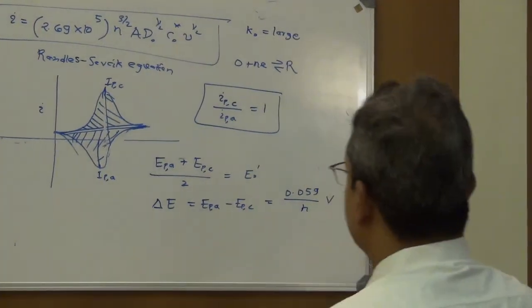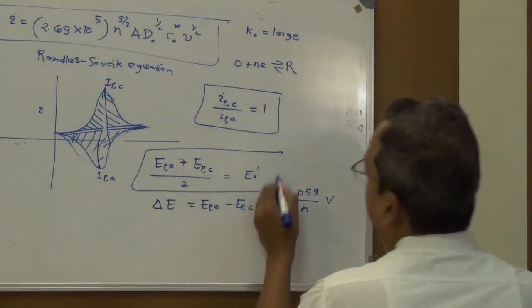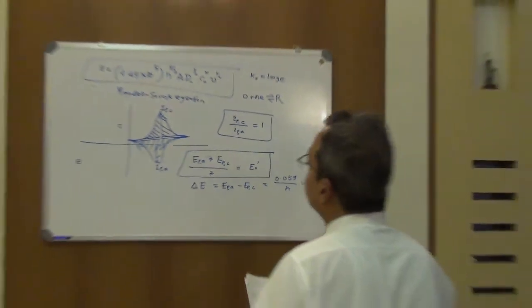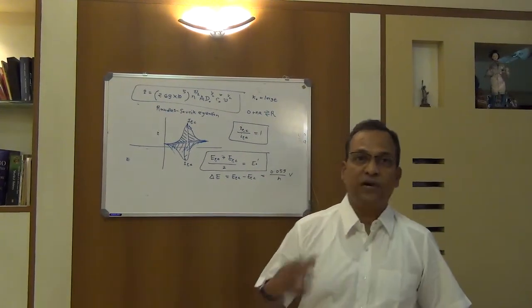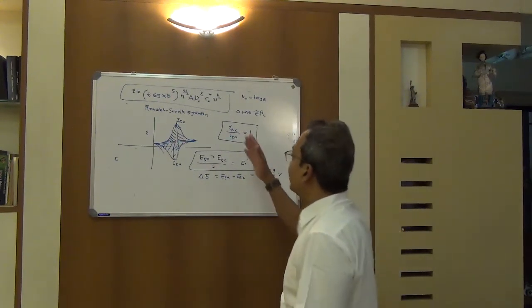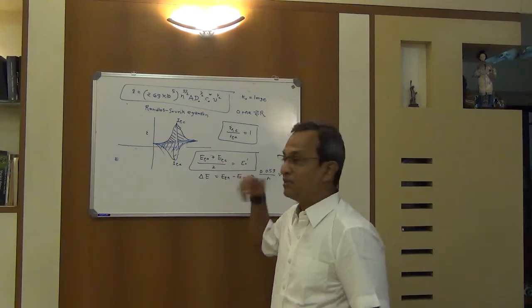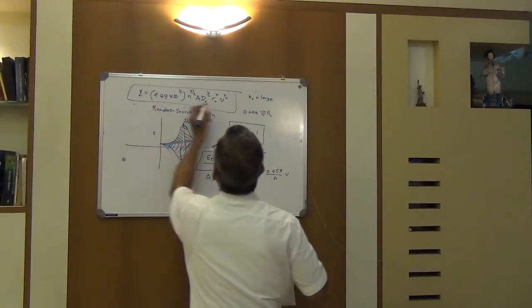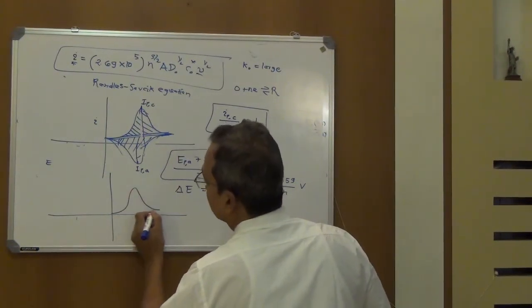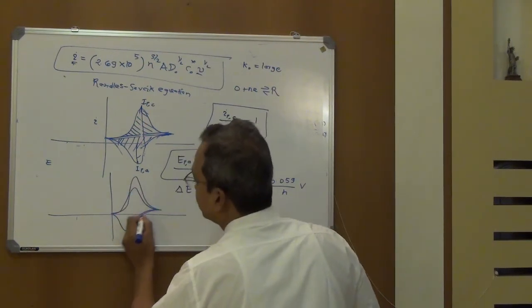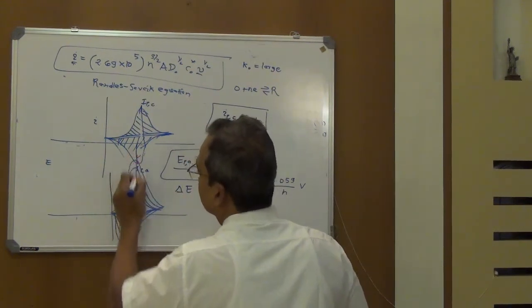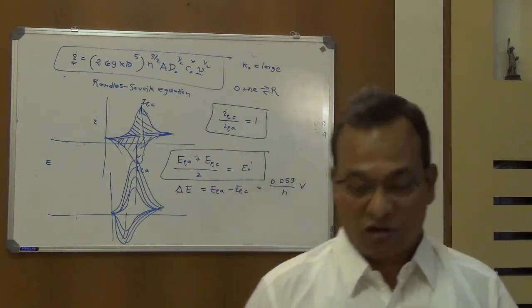So there are two very important applications that we can determine now, the standard redox potential of the system. One more characteristic is that, since my electron transfer is fast, even if you go for a faster scan rate, even if you scan the potential very fast, the peak potential will never change. Only the current will change with the scan rate. If you keep on increasing the scan rate, you only get higher and higher current, but the peak potential will never change. It will be at exactly the same point. That is another characteristic of the reversible system.